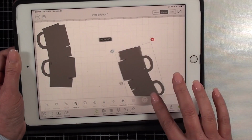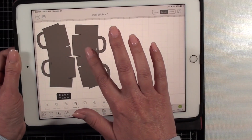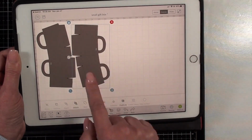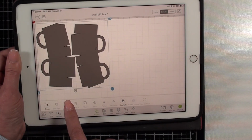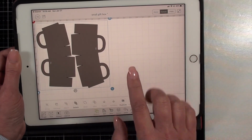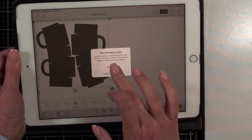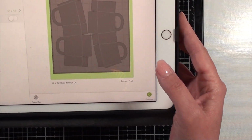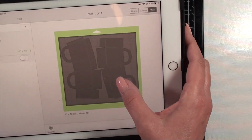So I'm just grabbing the corner that has the little symbol that looks kind of like a circle with a little arrow. And once I've gotten them where I want it, I'm going to press on the second item until both are selected. Then I click on attach, which is in that first menu below. And when I send it over to the Cricut machine, now I can see on the mat exactly how this